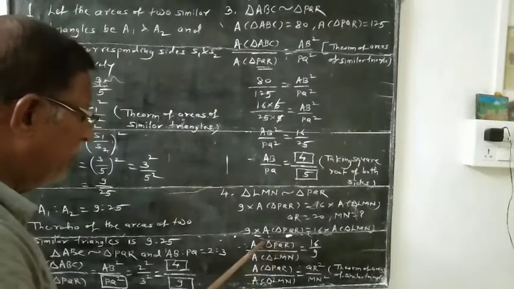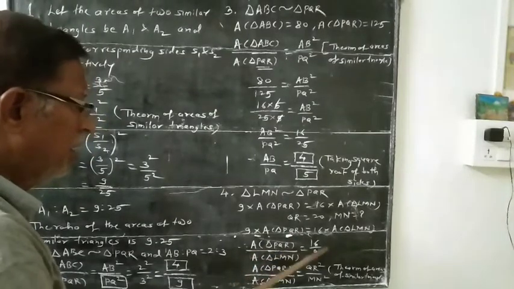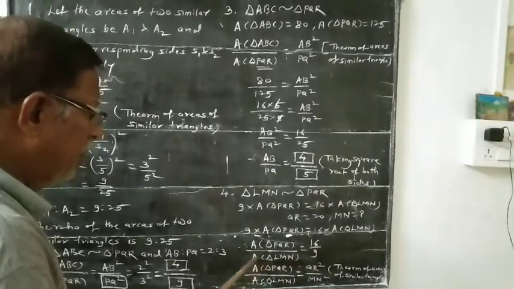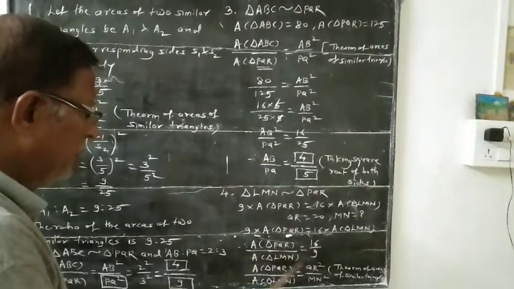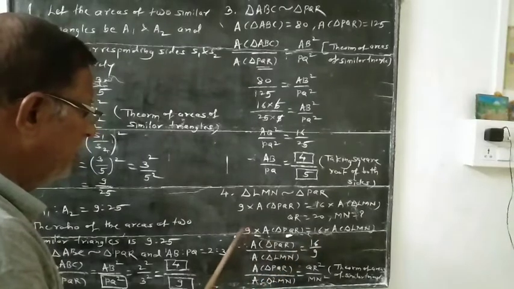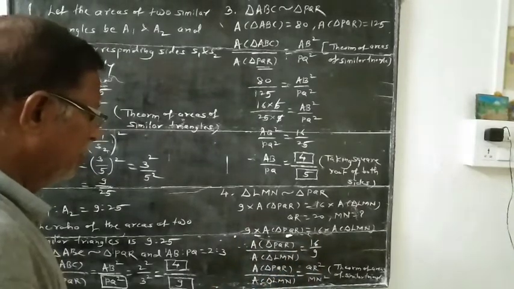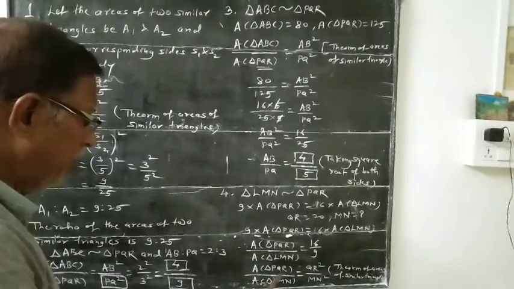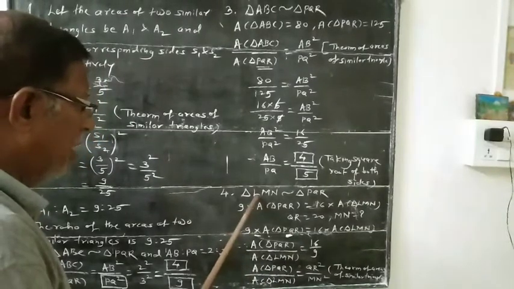Then write area of triangle PQR as it is on the left side. Take area of triangle LMN to the left side, it will be divided into area of triangle PQR. Then write 16 as it is, and 9 is divided on that side. So area of triangle PQR upon area of triangle LMN is 16 upon 9. But area of triangle PQR, because triangle LMN